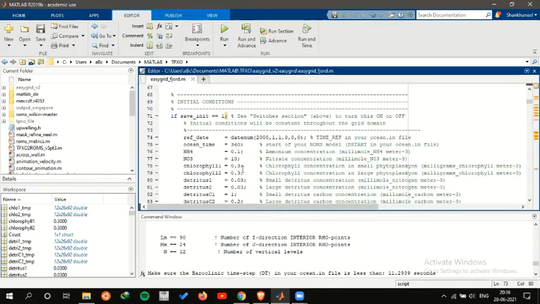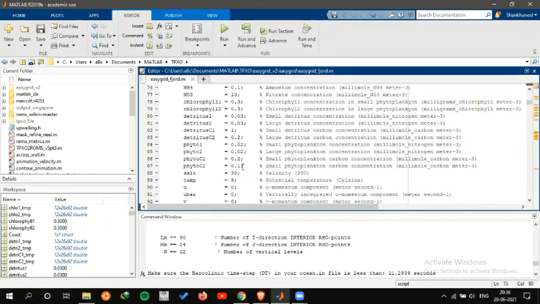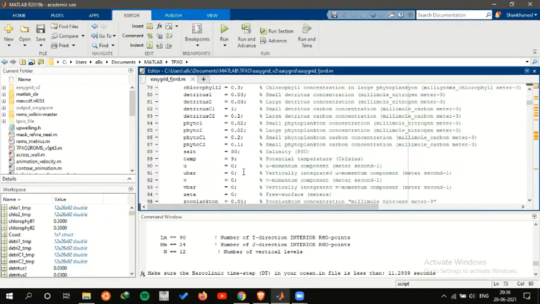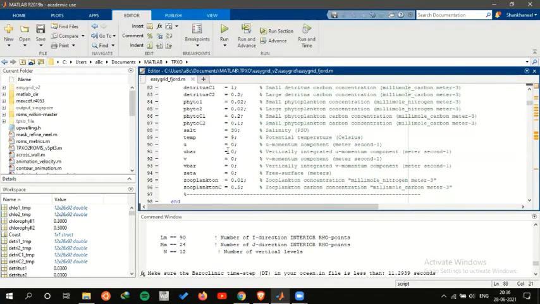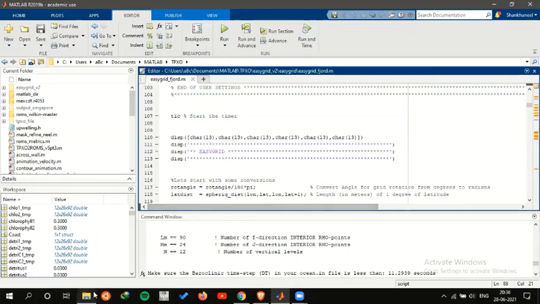NH4 and NO3, these are just the chemical parameters which you may add, you may not, no need to add. I don't really tweak those parameters, as those are not my values of interest. Salinity is also not my value of interest. Temperature potential for the initialization file, you can keep it as constant. I keep it as 9, or you can keep it as 10, whatever you want. And the initial velocity is 0, as all the initial velocities will be taken from my tidal forcing, so I really don't need to change these values. And thus, this is the end